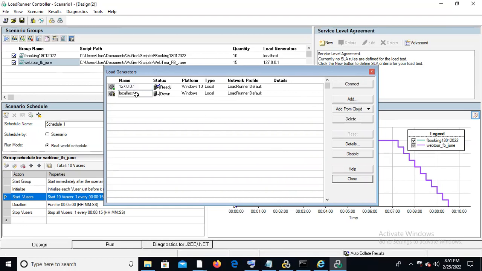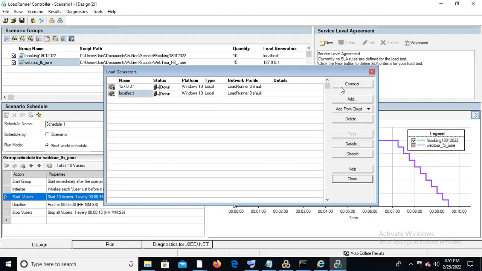See, now you can observe this is not ready. So now you can click on connect. So ready. Once ready, then you need to start the test, meaning the load generator will be available. So you can test. And this is for adding a load generator, if you want to disable a load generator, or if you want to disconnect also, you can click on this and click on this. Disconnect means